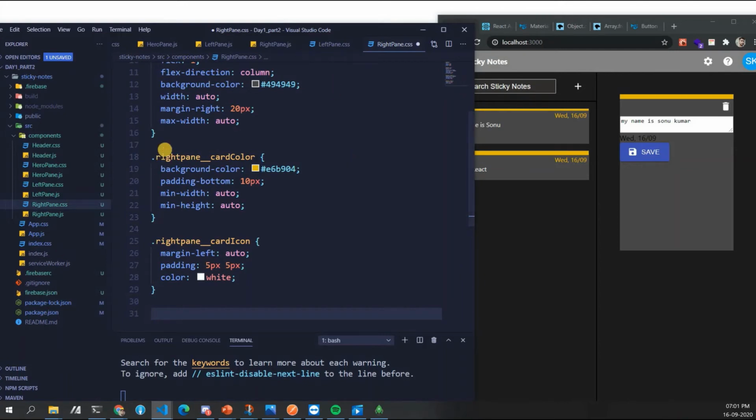So what all styling is done? Do you want me to paste it or you guys can write? It's just 3 or 4 lines. If you guys want me to paste it, I'll paste it. Guys, hello.